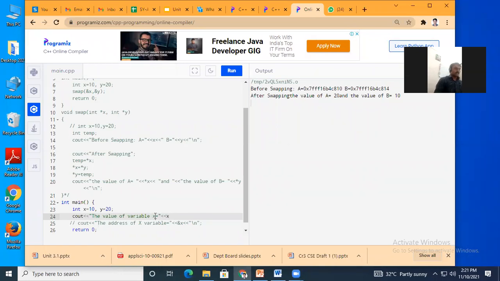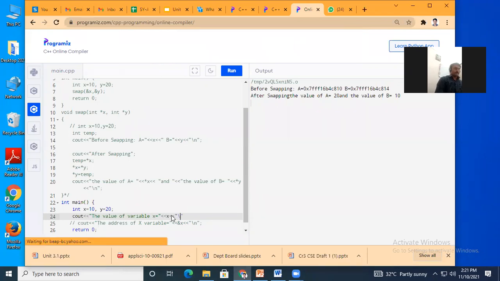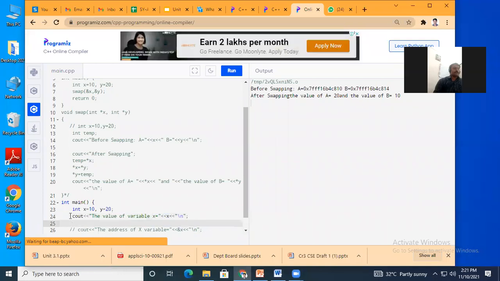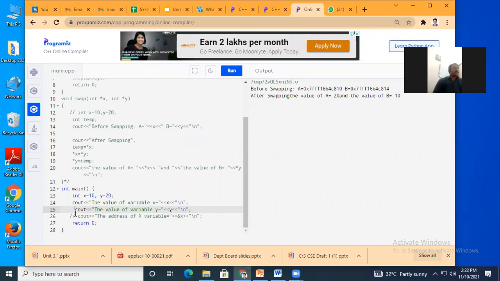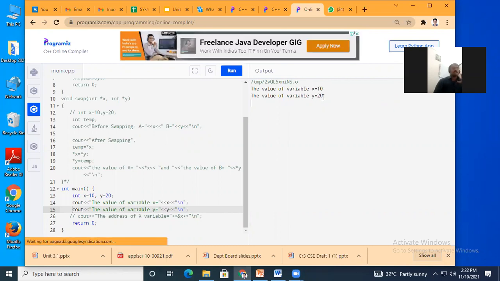I have used x variable. बरोबर का? मला त्या व्हेरिएबलची व्हॅल्यू प्रिंट करायची असेल तर मी काय करतो, ते व्हेरिएबल सी आउट मध्ये प्रिंट करतो. बरोबर? इथपर्यंत समजले ही लाईन? Yes, sir. Okay, so I will repeat same it for y variable. I will just change the variable name. Okay, and just check. I will run the program. It will show me the value of variable x equal to 10, the value of variable y is equal to 20. इथपर्यंत समजलंय?